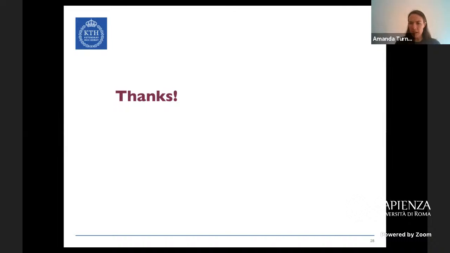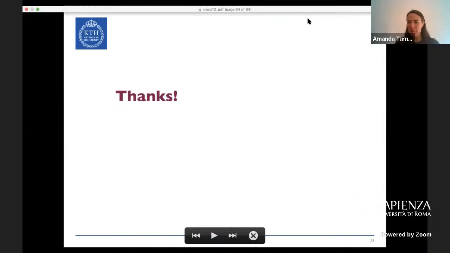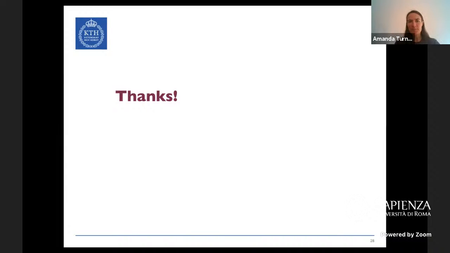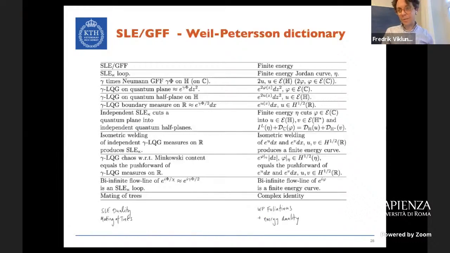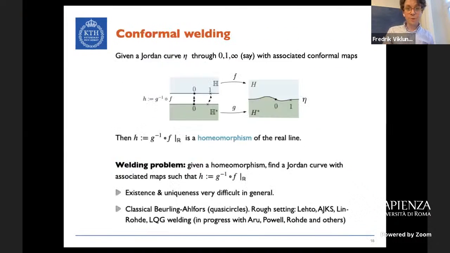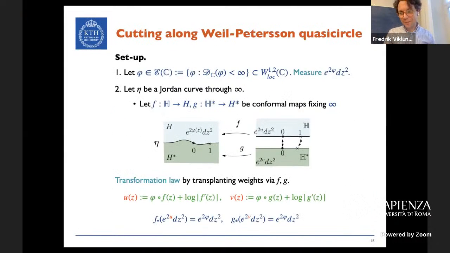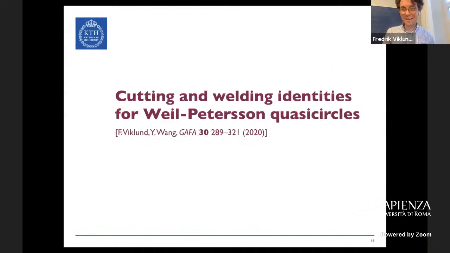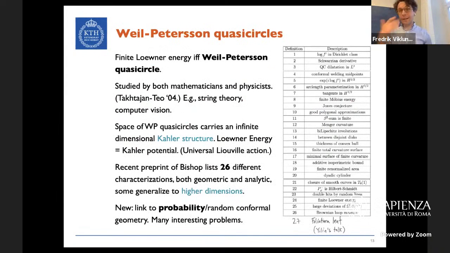There's been a question in the chat. I know Yilin tried to answer it a bit, but maybe you want to comment. The question is: what exactly is a Weil-Peterson quasi-circle? Well, that's a good question. I can give you 27 different definitions and characterizations, but I think